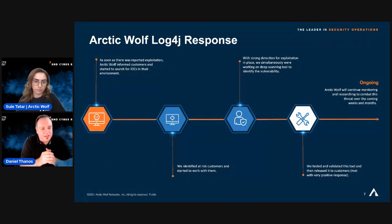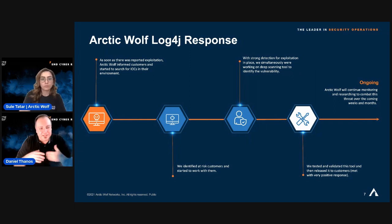But the reality is that's just the tip of the iceberg. At the bottom, under the ocean, there's this entire collection of applications where this is not known. And so what we developed was essentially tooling, which